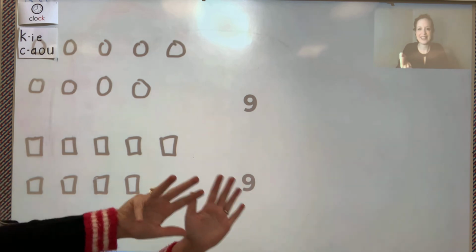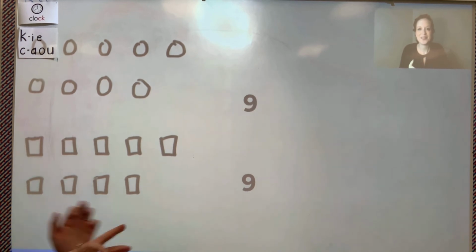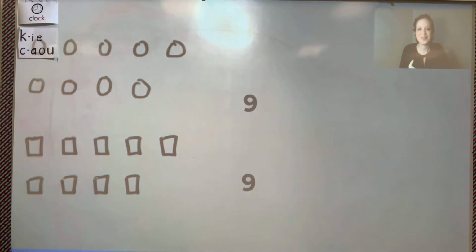We have 9 circles. Yes, 9. How many squares do you have? Think, say it. Okay, show that with your fingers. We also have 9 squares. Yes, 9. Are there